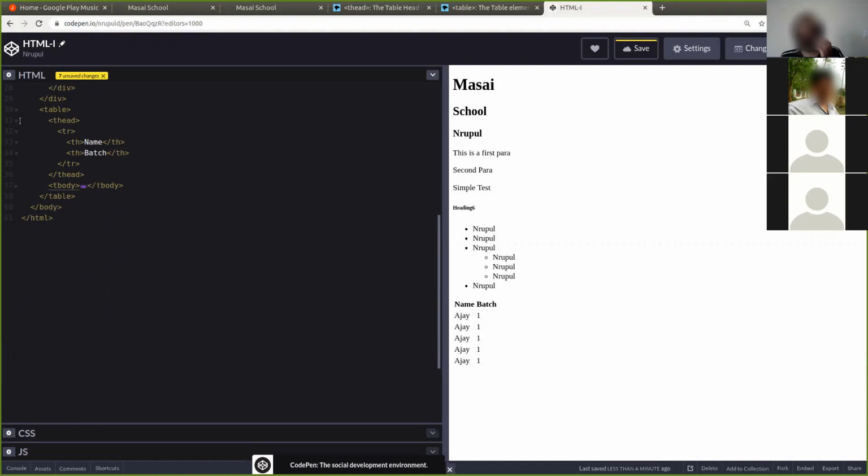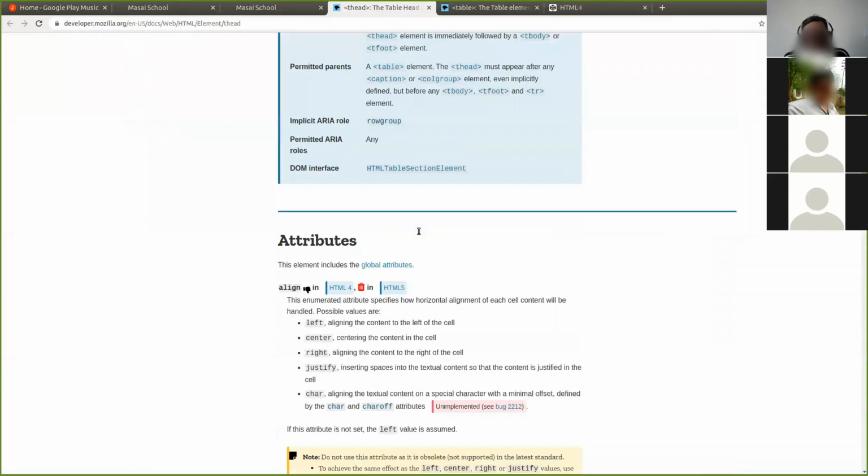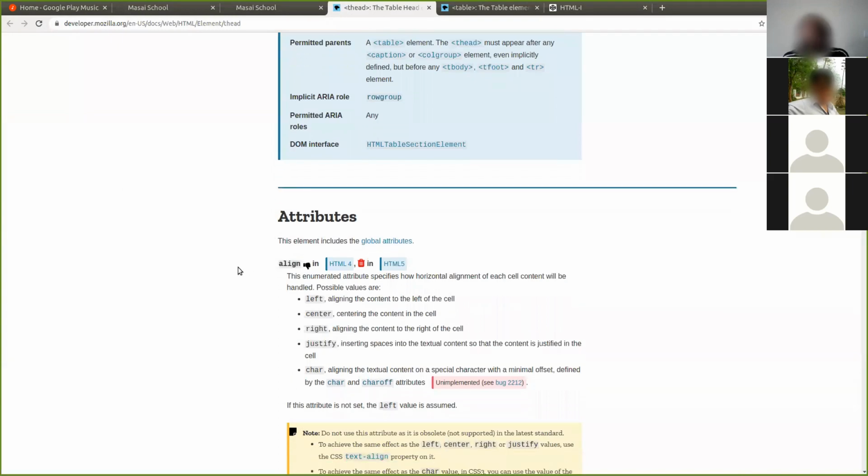Now the thing you should understand about these tags is that they have something called attributes. So what is an attribute? An attribute is a special word or value. Remember the tags which we talked about.